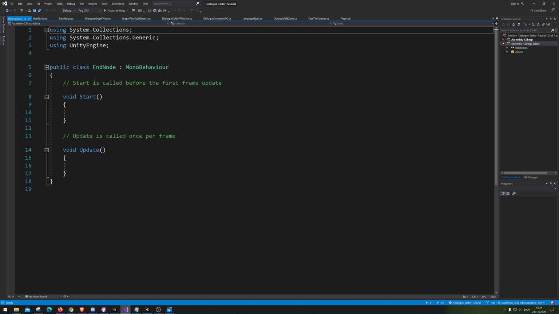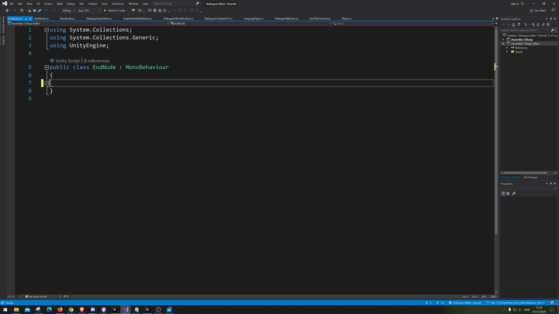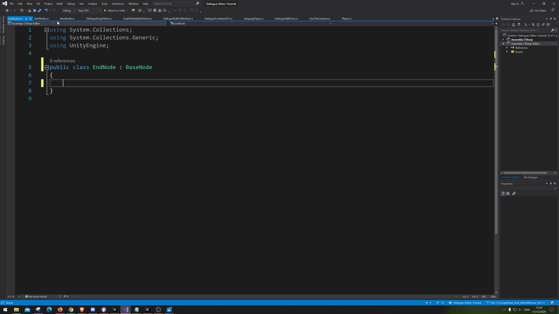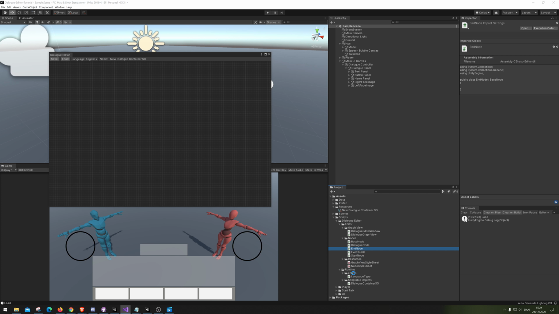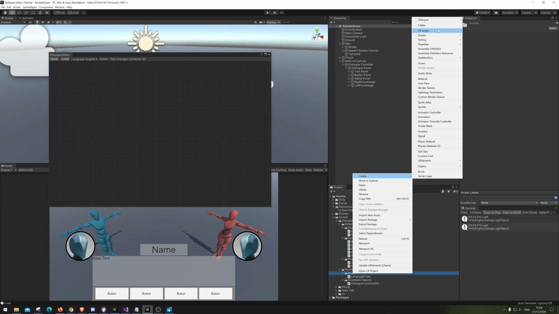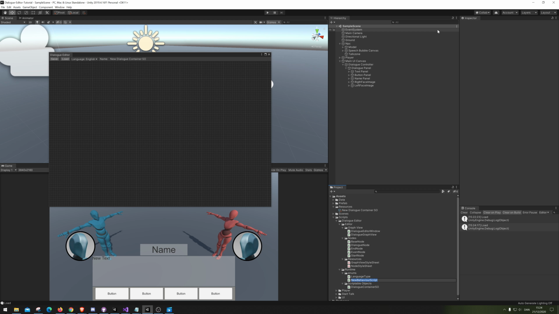So in this video we are going to add the end node. Let's open this one up and add everything we need, so that again it's going to inherit from base node. Actually, before we continue, we need to make an enum for the end node, so we tell it what type of end node it is. So we're going to go end